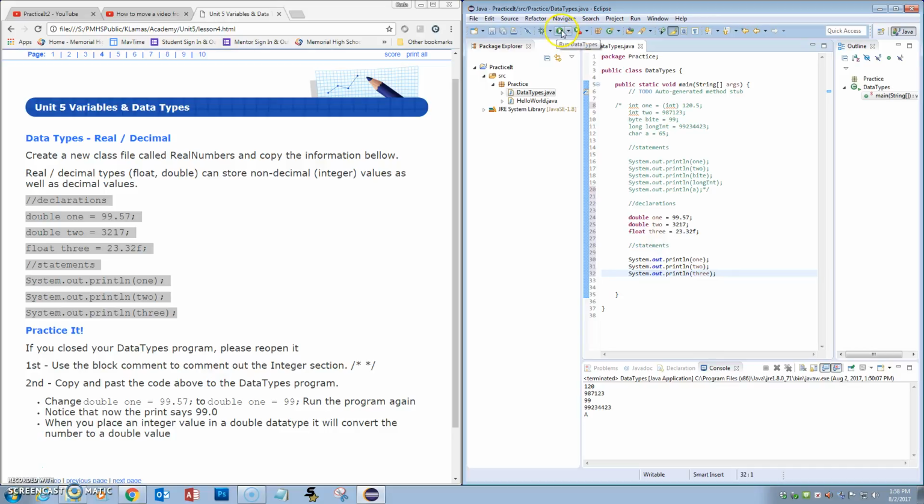So we're going to compile this and run it. And here's our numbers, 99.57, 3217.0. Notice that 0.0, okay? That is an integer number. And when we put the integer number in there, we told it we wanted it to be a double, okay? It's a whole number. We wanted it to be a double. Doubles automatically put 0.0 on the end of everything, okay? So float 3, 23.32, and we've got the F, but it doesn't print the F, it's just telling us that